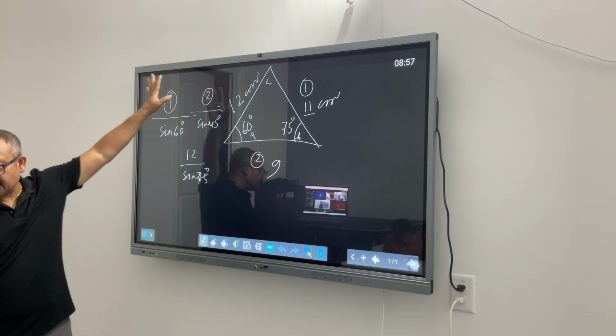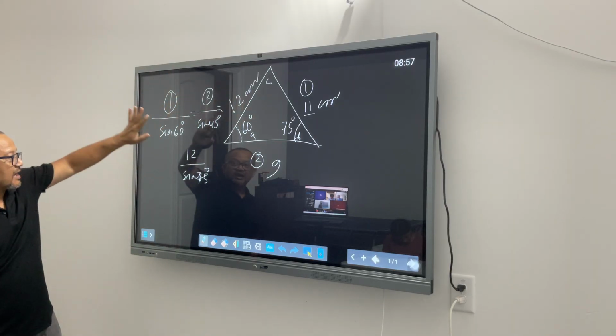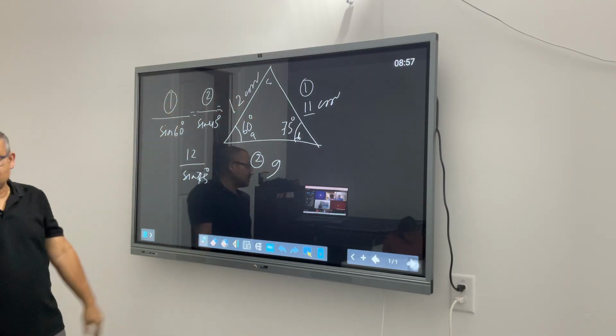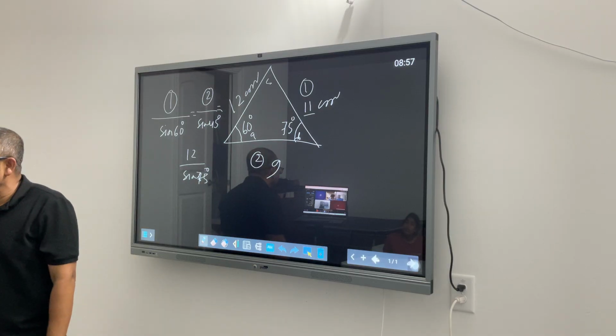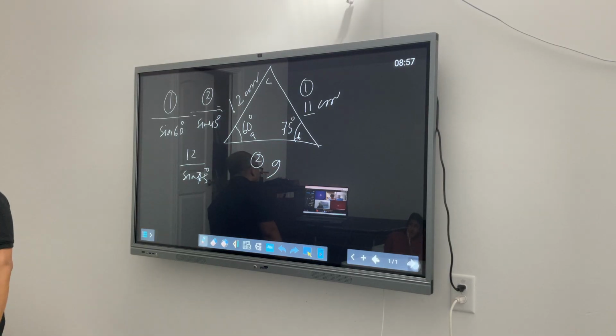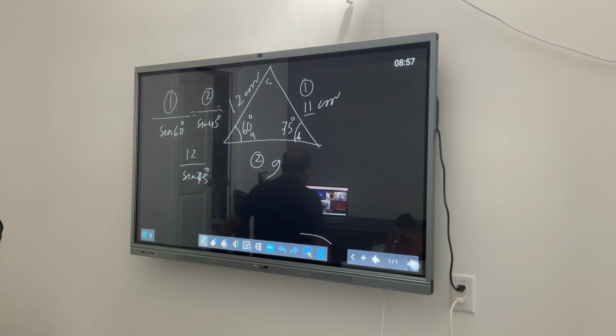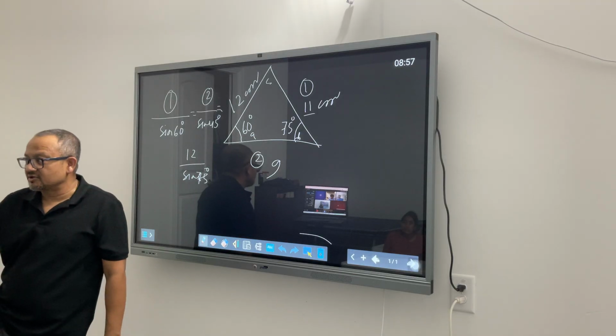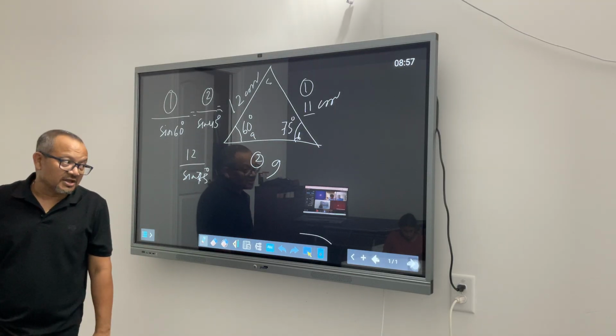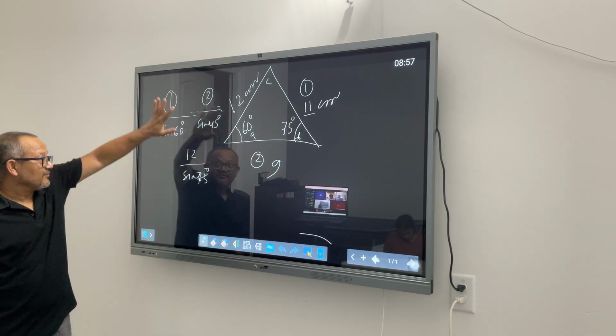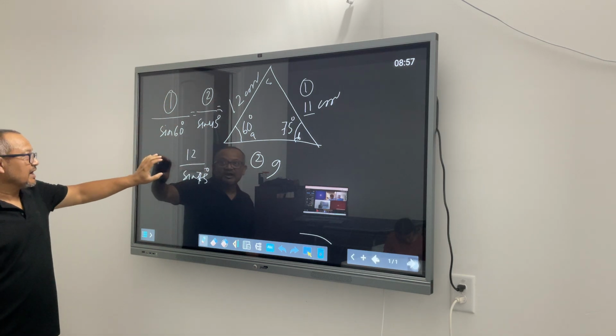So this is what you would have done. And you guys would have used a calculator to find out these values, or you did some other trig functions to derive these values. Sine 75 is how much? How did you find that out? Using calculator? Okay. And there is no harm in using a calculator. But there are certain things that we have learned, we should look at leveraging them.